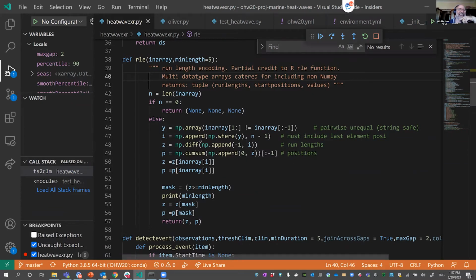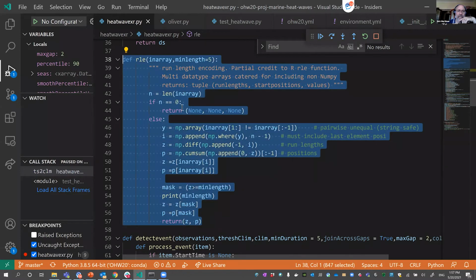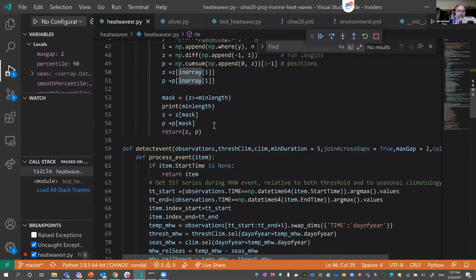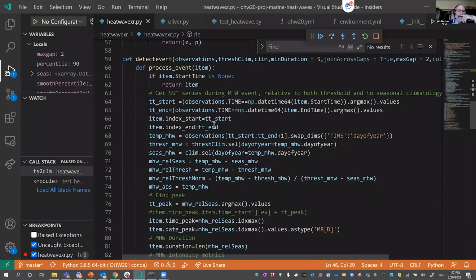Run length encoding is a standard encoding technique for compression where you look along and say, oh, okay, we've got 5 1s, so I'm going to code that as 1 times 5. And then I got 5 zeros, so it's going to be 0 times 5, and so on. So this code basically does run length encoding, RLE. So the detect thing here basically says, okay,